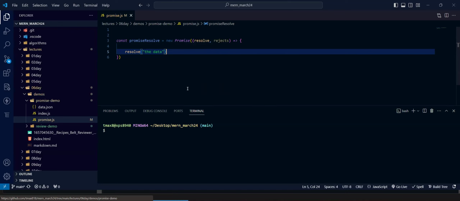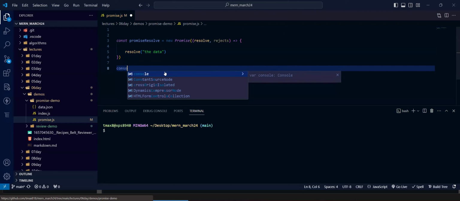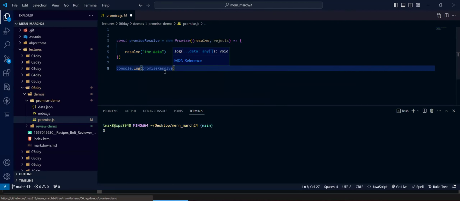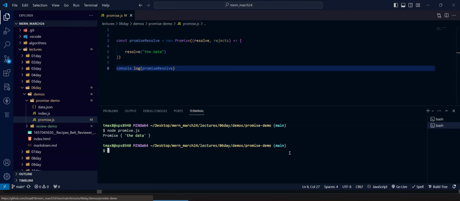And let's just console.log promise resolve. So if I call node promise.js, the promise is basically an object with the data and it resolves, so it returns the data.